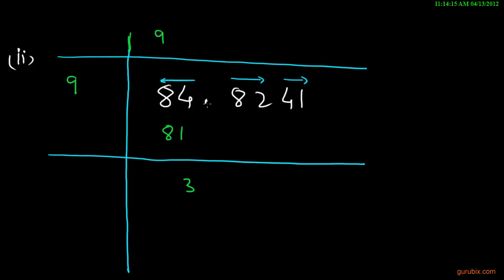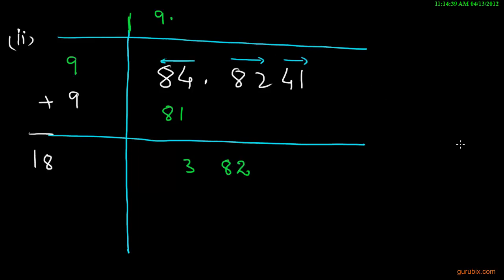And here is the decimal point. Now we shall put the decimal point here and bring down the next period, that is 82. So the number becomes 382. Now we shall add this 9 to this divisor to get the number 18. Now we shall keep away this unit digit and take the number 38 and divide by 18, we get 2. We shall add 2 here and 2 here.